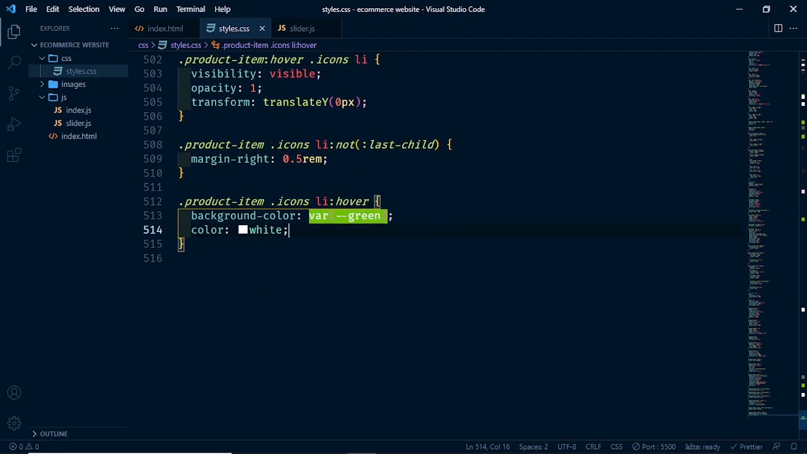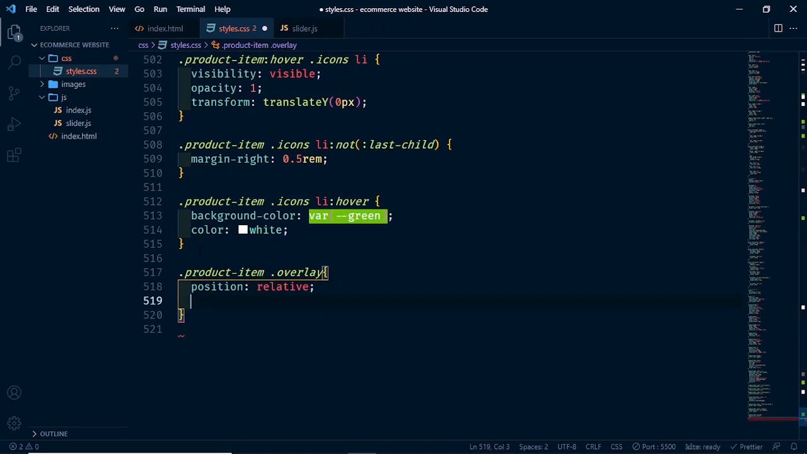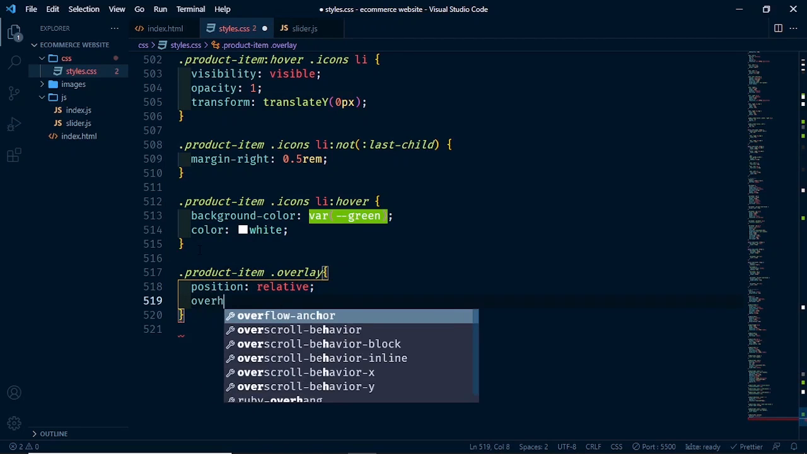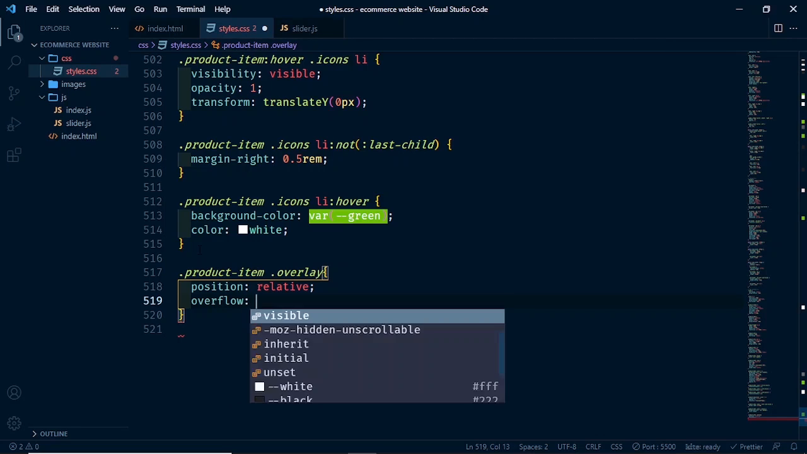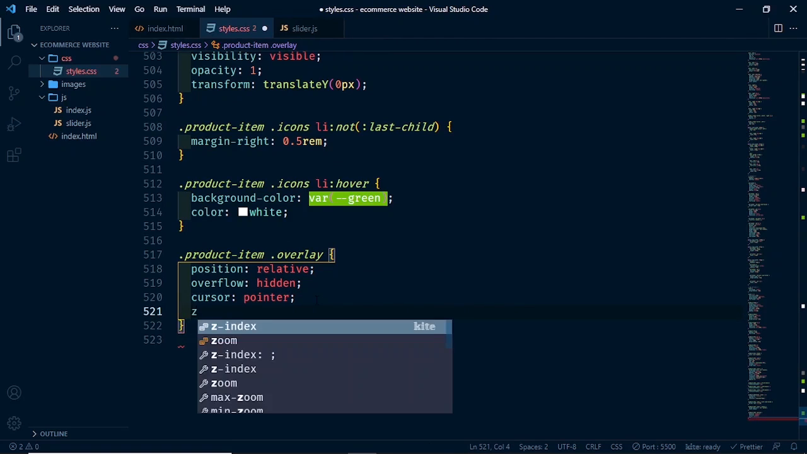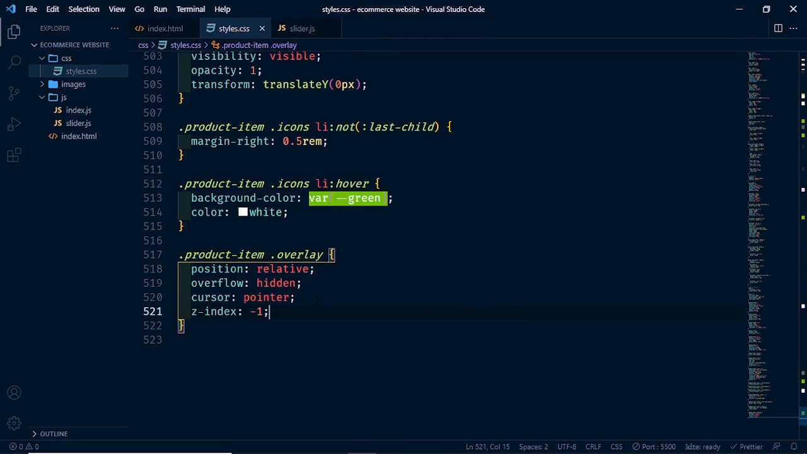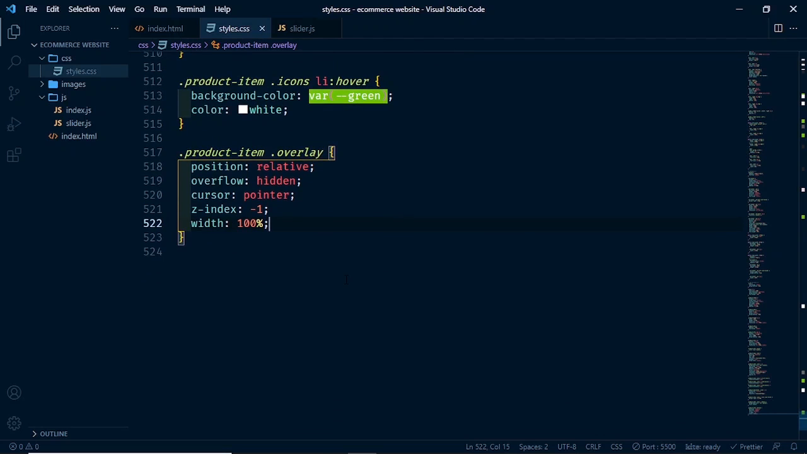Now for the overlay, so we say product-item.overlay. Let's give it position relative, overflow hidden. Let's give it cursor of pointer, then set z-index of -1. Let's set width to 100%. Then the overlay after,